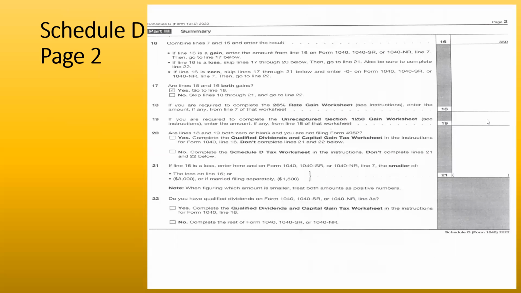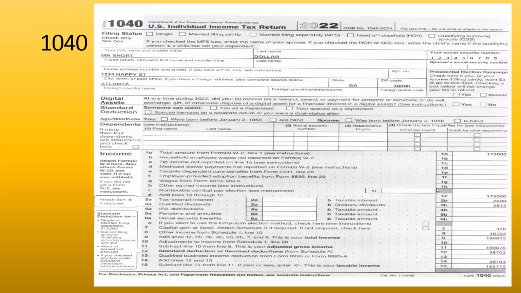And that 350 transitions over to our 1040, line number 7. Capital gains or loss, attach Schedule D if required. Not required, check here. We're not going to worry about that because we got the Schedule D filled out. And that's the total, 350, right? We see where it starts from, listing everything on our 8949. That total number transitions to the Schedule D, and then the total from the Schedule D, page 2, transitioned over to our 1040. So now you have a great idea exactly how the information is acquired,